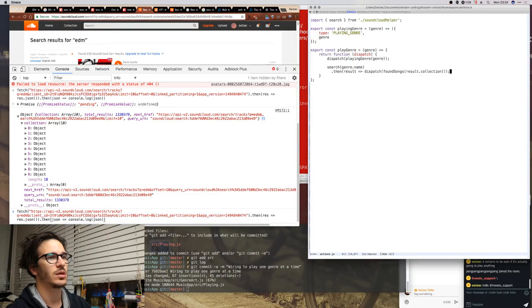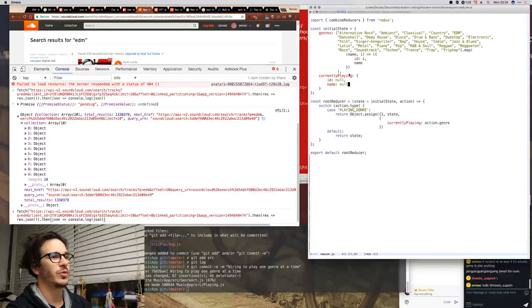Okay. Now we need an export const found songs equals songs, and we return type found songs with songs, and in the reducer we do case found songs, return object assign the state, and we add